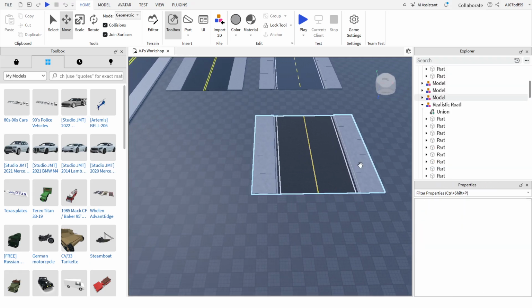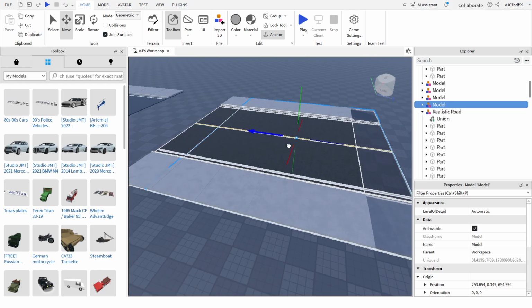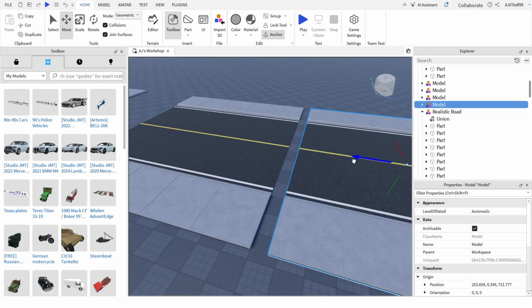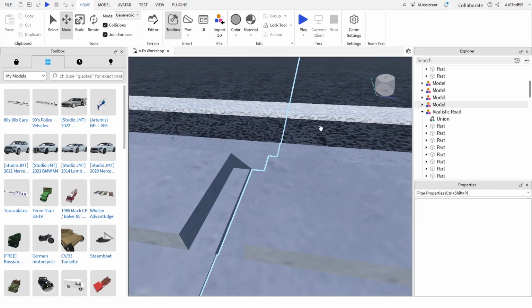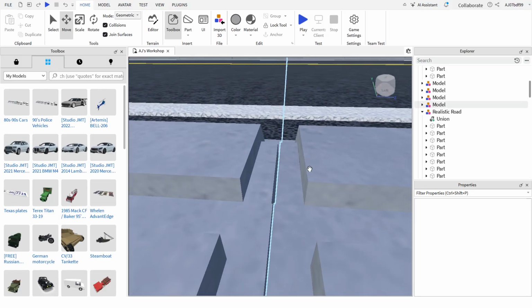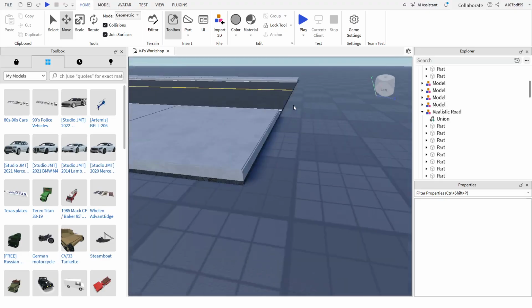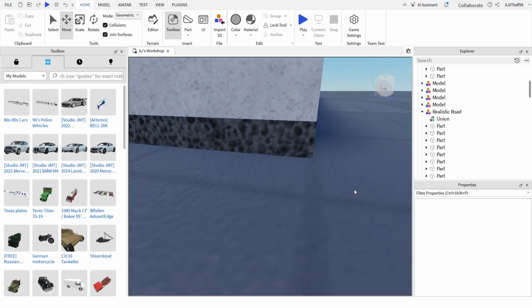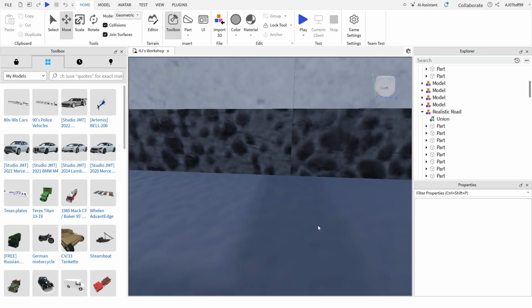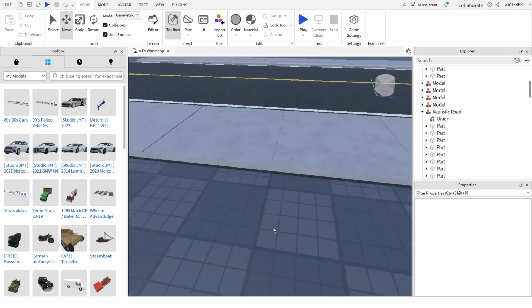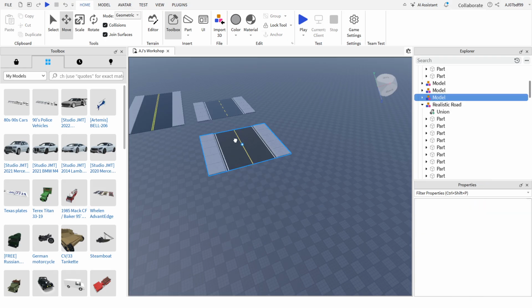Group as a model, and that is literally your road done. How well they go together, let's see. So I haven't tested this configuration. Do they collide properly? No, there's some issues. They create a little bit of a gap. And I think I know where that is. Let's have a look. There's some, yeah. That's very easy to fix, but I want to focus on that now because I just realized